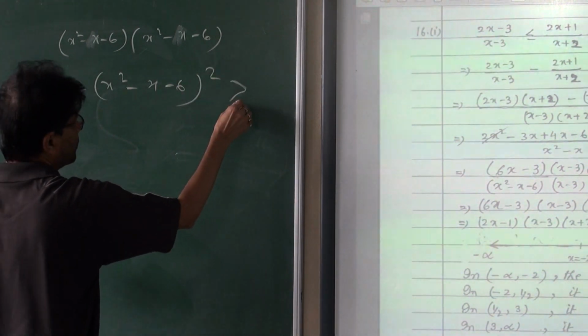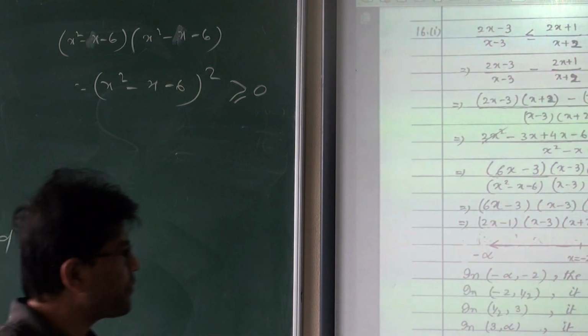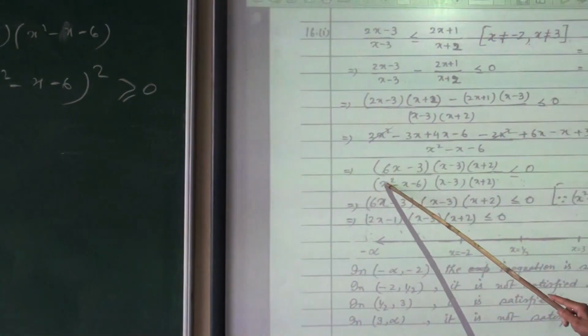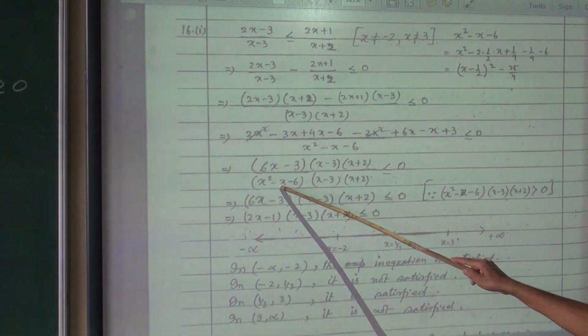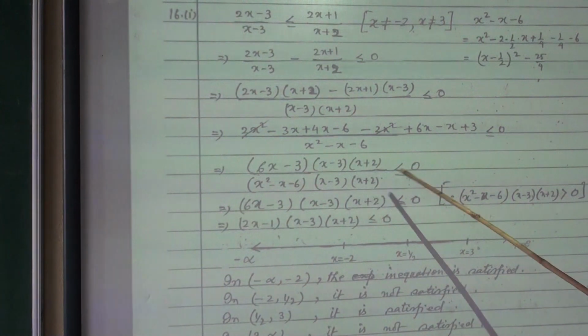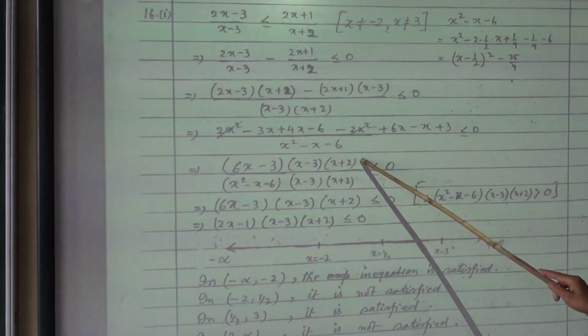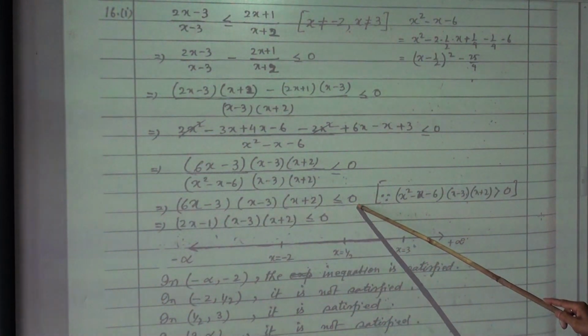And a whole square is always a positive quantity. Minimum value is 0, greater or equal to 0. So this denominator is coming positive now. This into the whole thing, that means this whole square, is a positive quantity. So a positive quantity I am multiplying now, so that into 0 is becoming 0. Only the numerator is staying here. Like the previous one, this into this, less or equal to 0.